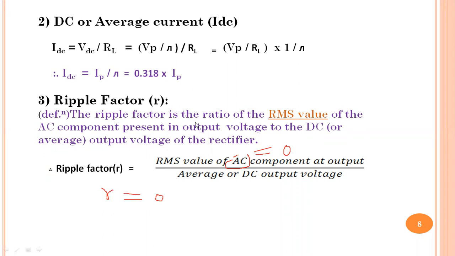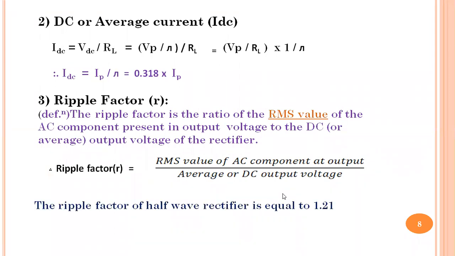It is found, with a process of calculations which is not in the syllabus, that for the half wave rectifier the ripple factor becomes 1.21. If it is more than 1, it means what? The AC component is more than the DC value. That means the rectifier output contains more AC than DC. Therefore, this becomes one of the drawbacks of the half wave rectifier, in which the ripple factor is greater than 1. Therefore, this circuit is not suitable to construct a power supply.